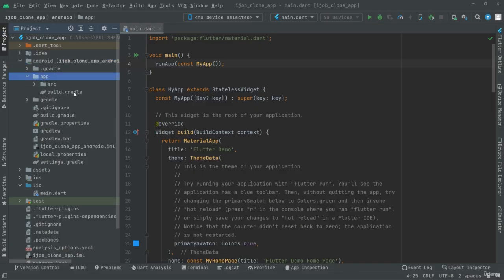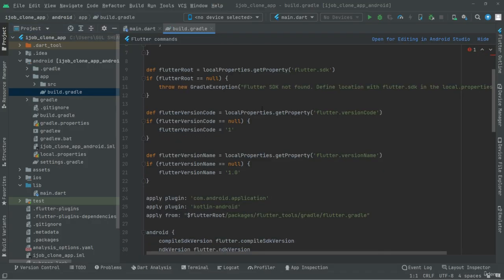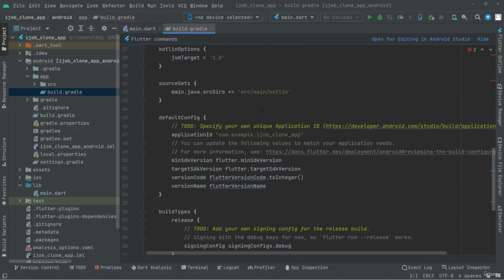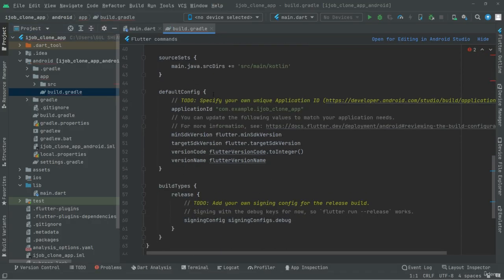Okay, in here you will go down. So right in here, as you guys can see that application ID, you will simply copy that. Okay, and you guys can also edit that. So in here I will provide my name and you guys can write whatever you want. So in here I will copy that